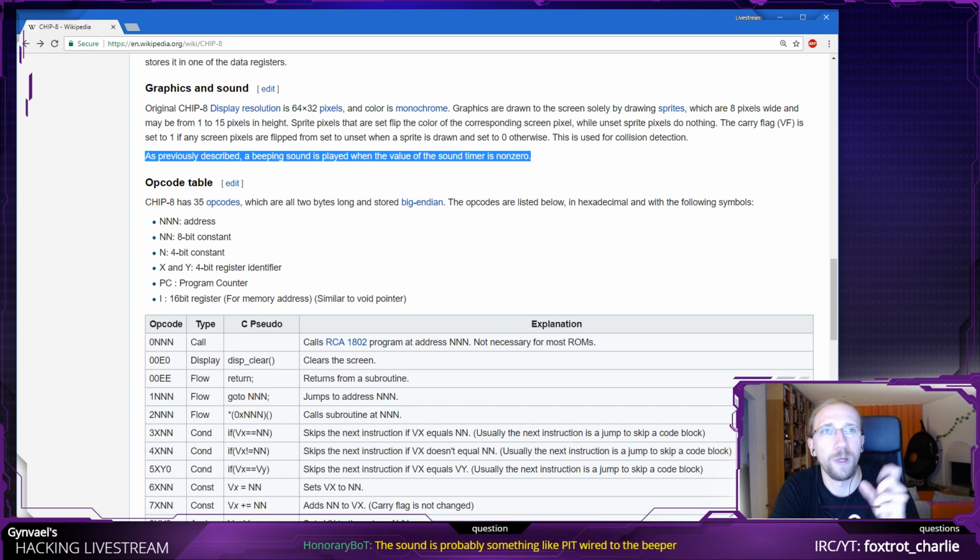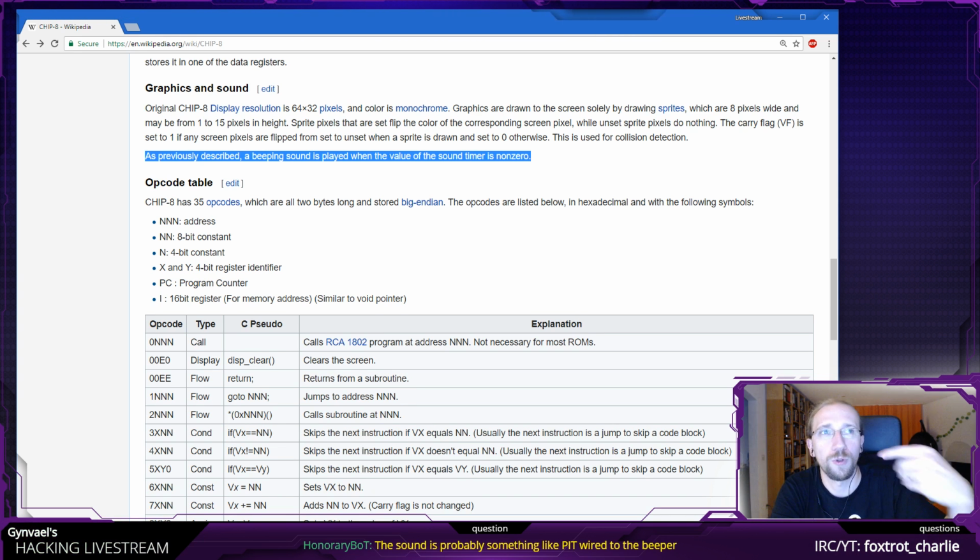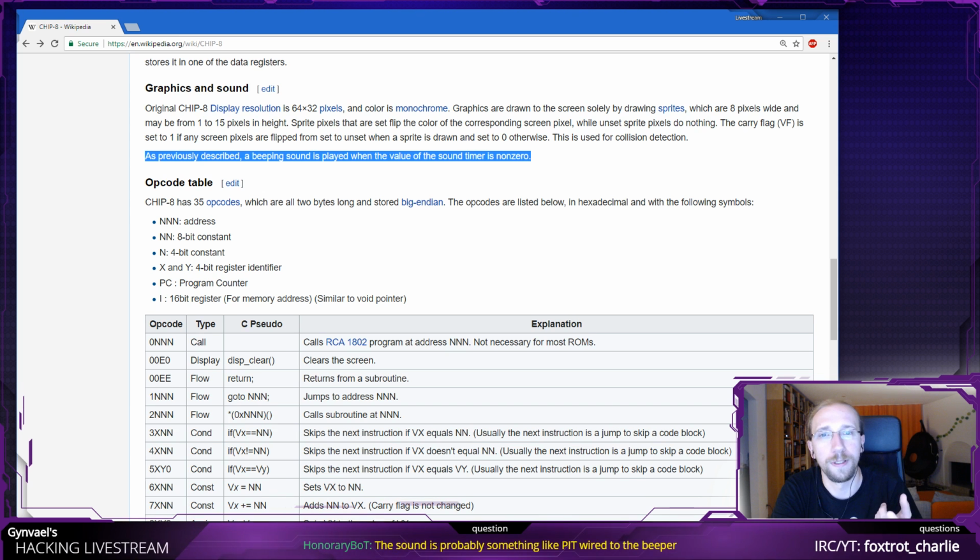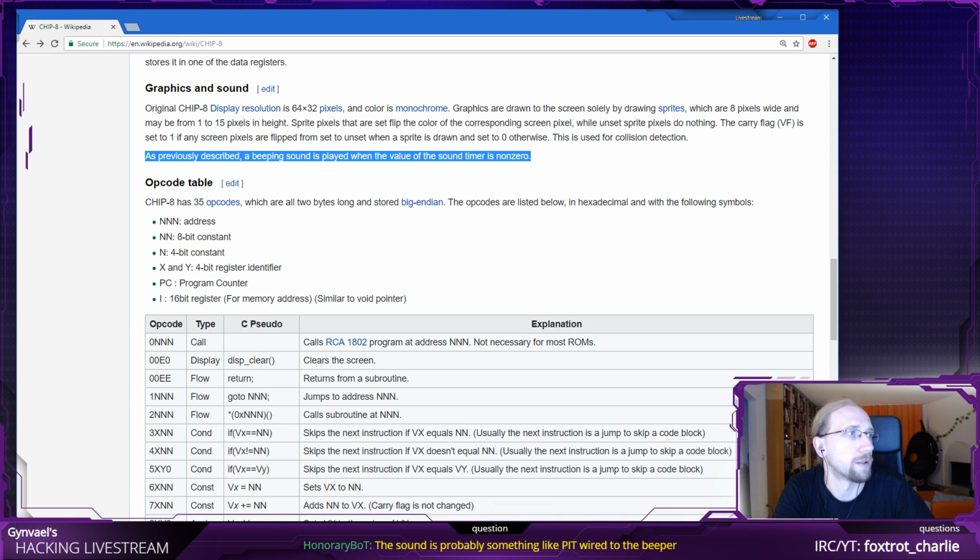But it seems there is only one beep frequency. So if the sound timer is set to non-zero, then you should play the beep, and it should be beeping constantly until the timer reaches 0, where it decrements every 1/60th of a second. So that's a good remark.